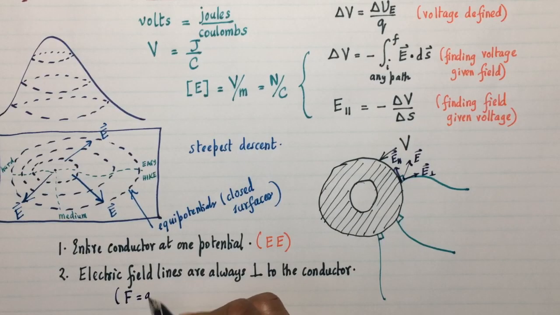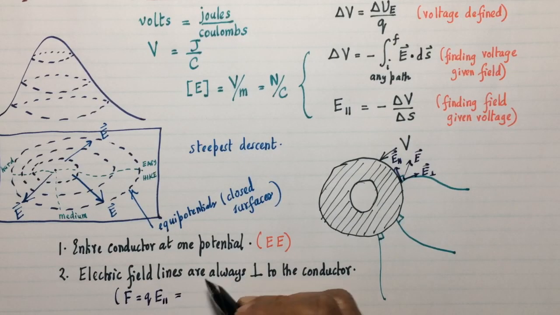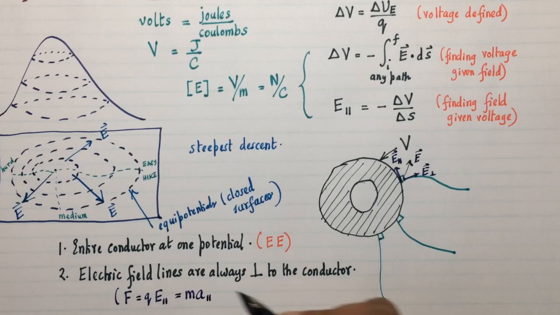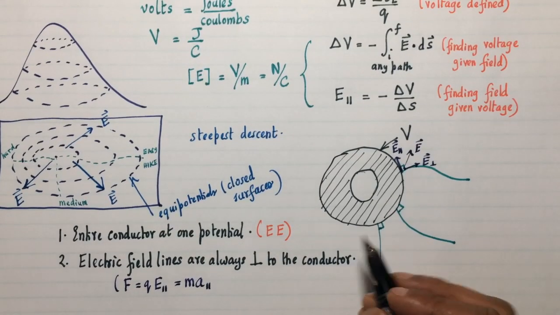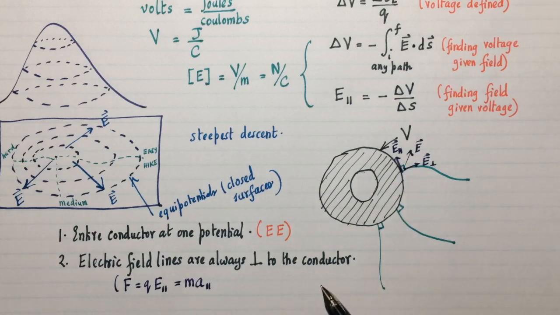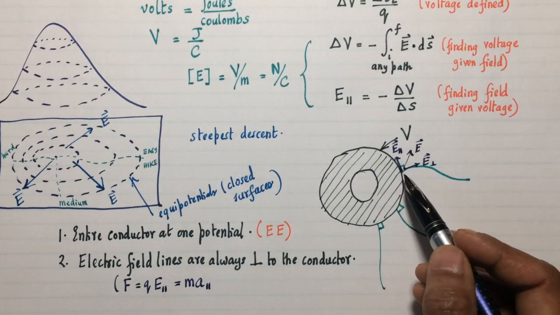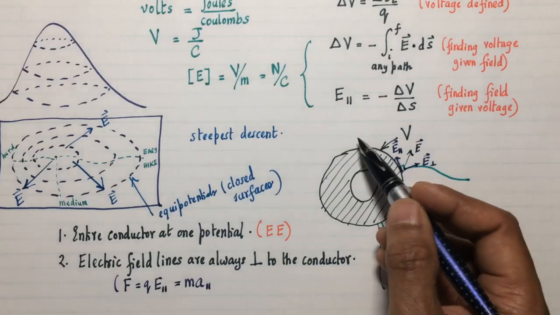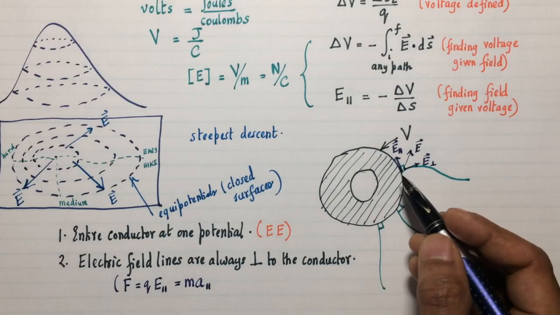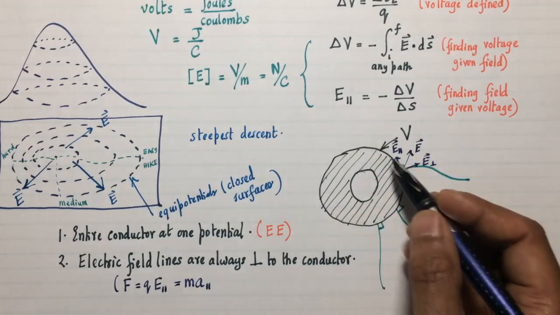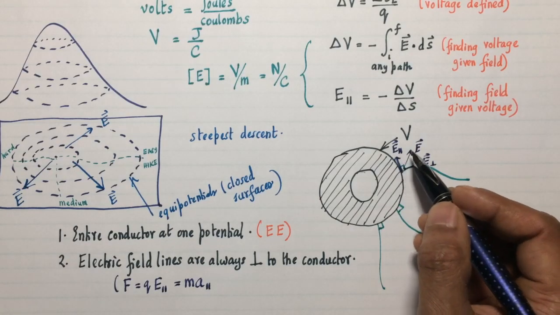F equals Q times E parallel equals mass times acceleration along the parallel direction, means that you're going to get acceleration along the parallel direction. But that violates the first principle, which is that the entire conductor must be at one potential, because acceleration is only possible if this electron is trying to get from a higher potential to a lower potential. But we've already said that the entire conductor is at one potential, so you cannot possibly have the E parallel